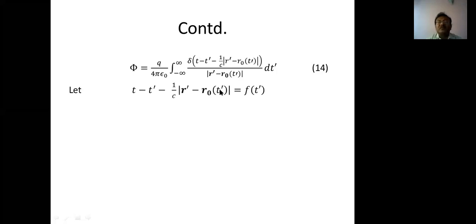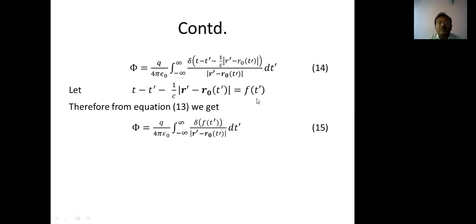This whole bunch is the argument, which is f of t prime, and you can write this equation 14 just to replace this delta function's whole bunch. Instead of that, you write the delta function of this functional f of t prime. So this is here from equation 15, and now this delta function of f of t prime, that is, delta function of a functional, can be given by this relation that we have already done in the previous derivation for vector potential, and it is delta t prime minus t naught